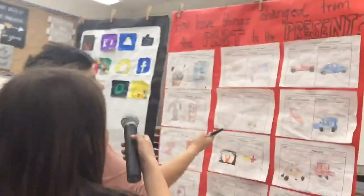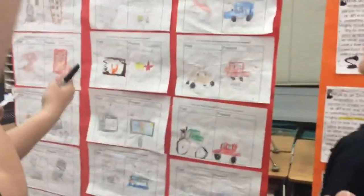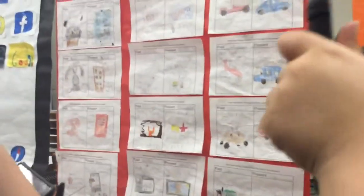Sure. So my students have been learning about the past and the present. So how have things changed from the past to the present? So if you can see here, they were able to draw the television from the past and the television from the present, and they were able to compare the car as well as the telephone. Then we learned that